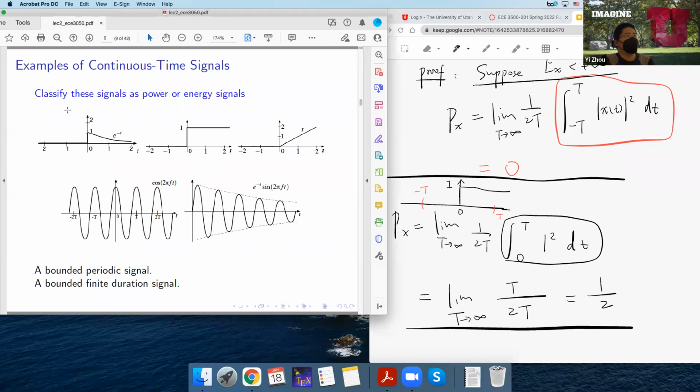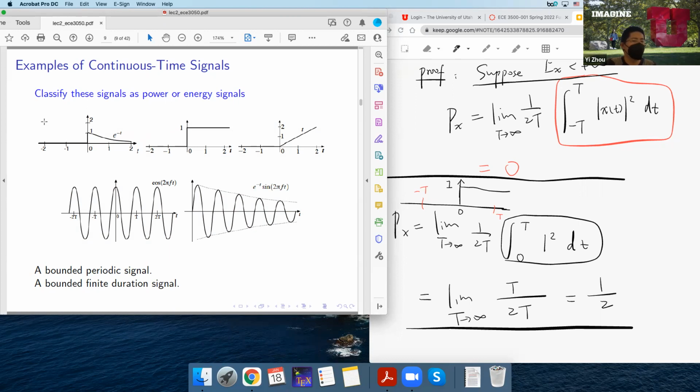Then looking at the first example, it is again a causal signal, but now it is diminishing, and it diminishes geometrically fast. It's e to the power of negative t. So by comparing the first signal with the second signal,